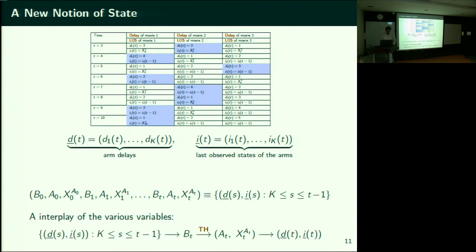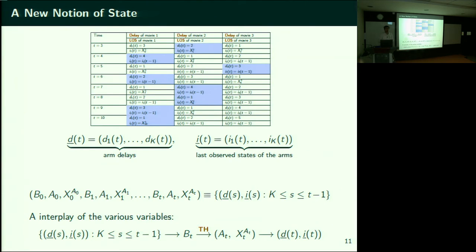Okay, good. So once you have, again, there is a BT, all the BTs have to come here, the past BTs. So past BTs along with this much amount of information, you are going to make a decision on what BT to look at next, which movie to look at next. Your hand trembles, you end up sampling A_t, selecting A_t, you get an observation X_t^{A_t}. Based on that, you can update your delays and last observed states. This keeps happening. Based on this information, you intend to select a BT, your hand trembles, you select A_t, you get observation X_t^{A_t}, update your last observed states and delays.